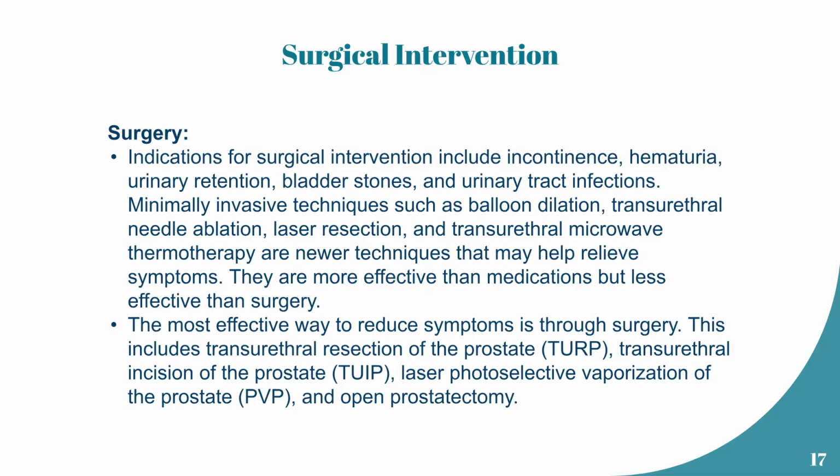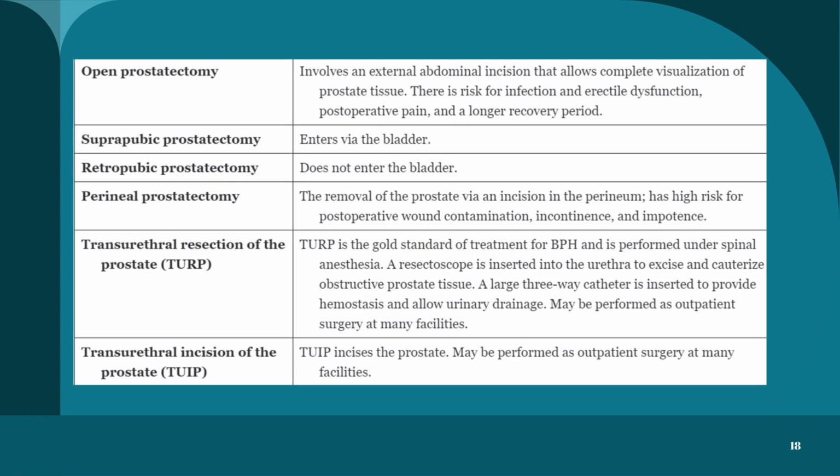The most effective way to reduce symptoms is through surgery, including transurethral resection of the prostate, TURP, and open prostatectomy. This table lists different types of prostatectomy procedures. Open prostatectomy involves an abdominal incision and carries a risk of infection and erectile dysfunction. Transurethral resection of the prostate, or TURP, is the gold standard, performed under spinal anesthesia using a resectoscope to excise